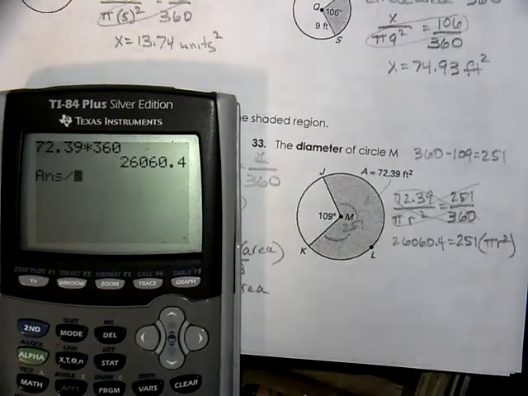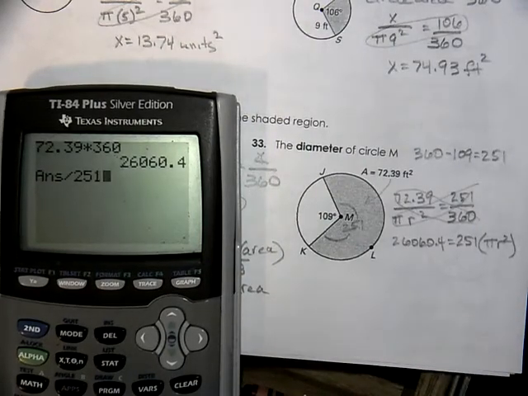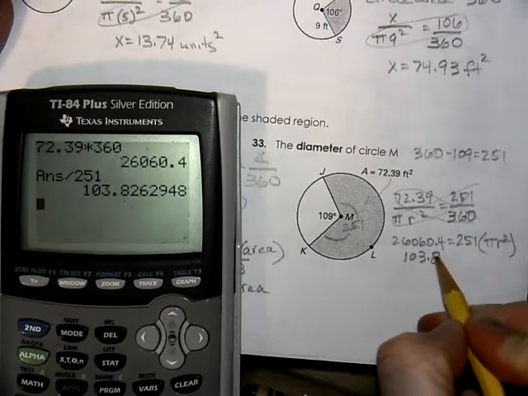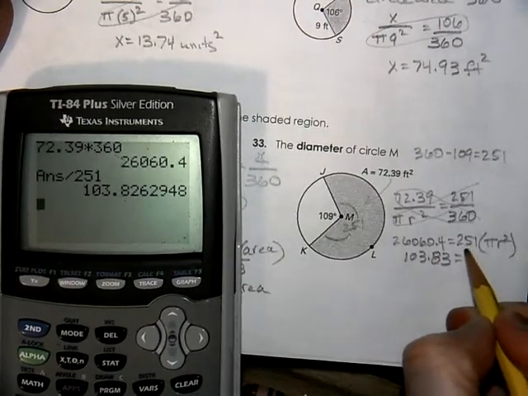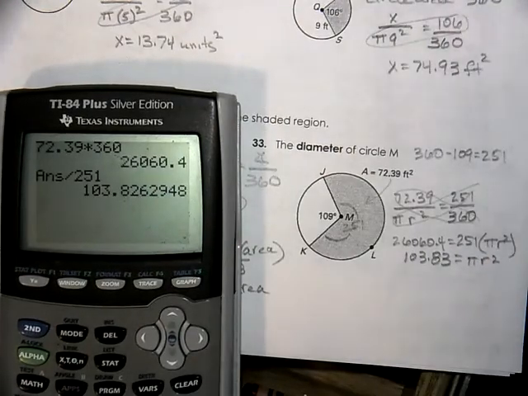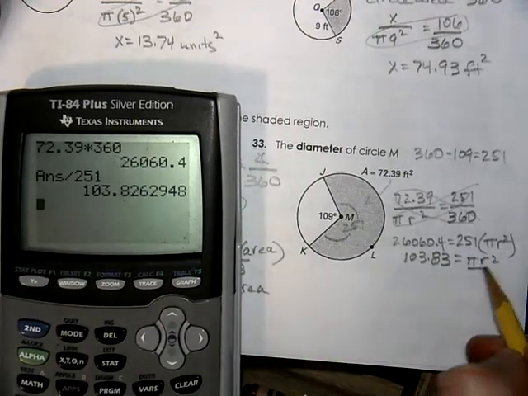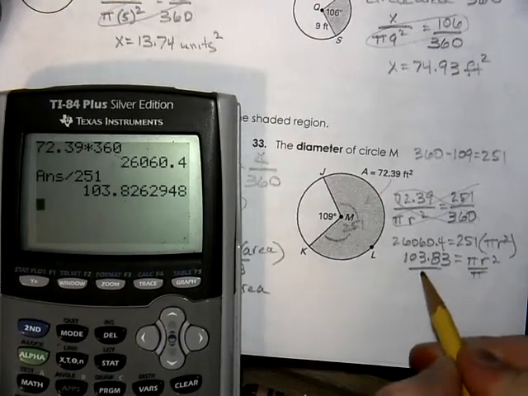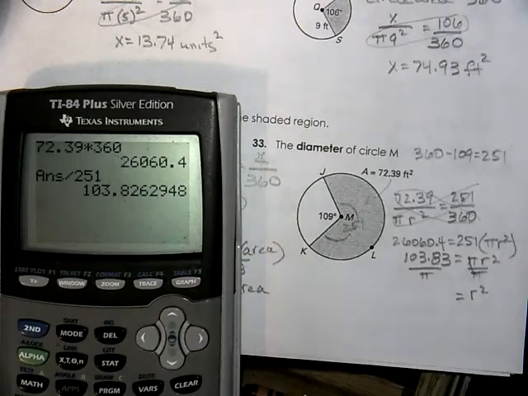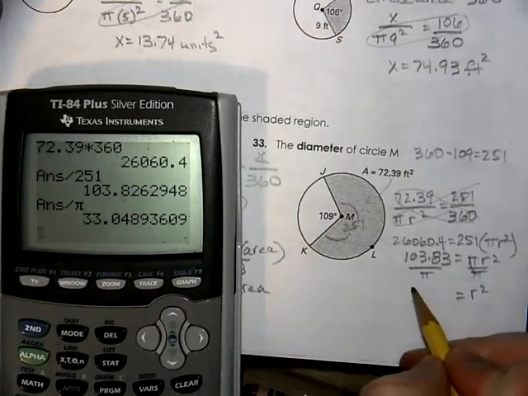So we'll divide this number by 251 to get 103.83. We divide it by the 251. Now we have to divide by the pi. So divide by pi. That leaves us with